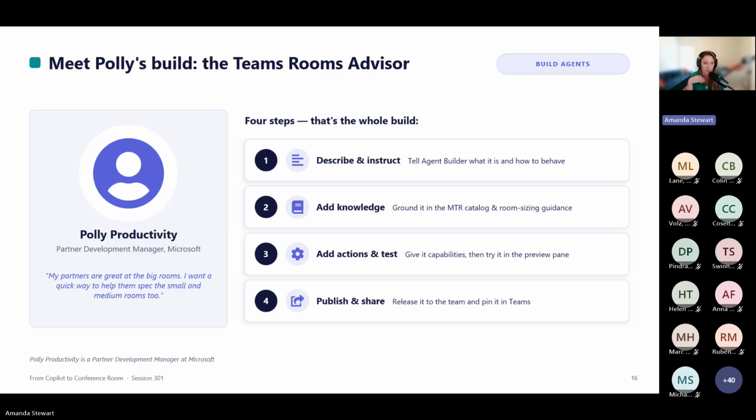If you remember Polly Productivity from the 101 and 201 sessions, it's the same persona, and watch her build this live in her head. This is how Polly would go about building this agent.